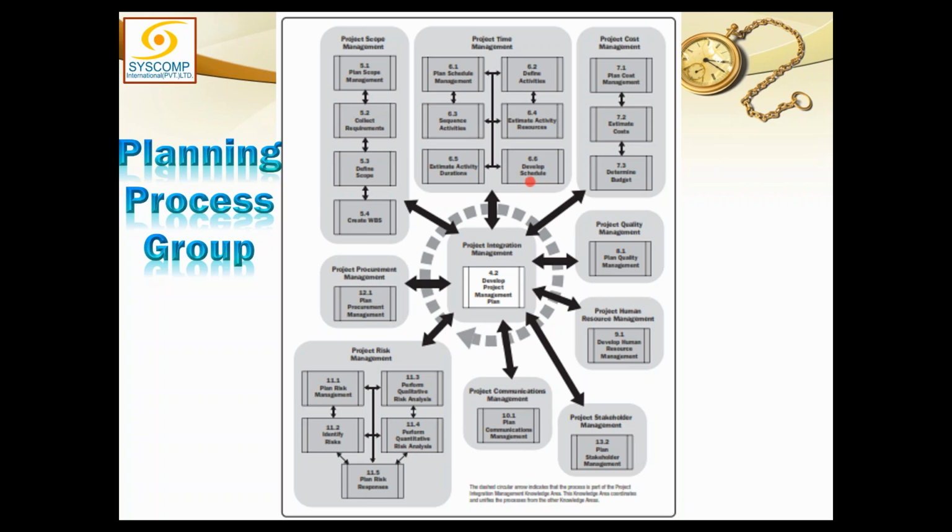And it is not final, because this bar chart may be affected by scope, by cost, or by any other knowledge area. So after accepting impact from all other knowledge areas, when we think that this is the final plan, the project manager must get it baselined, get it frozen in time. But if he freezes it himself, then probably anybody will force him to change it. So what he does is, he gets it signed and approved by his boss, the project sponsor.